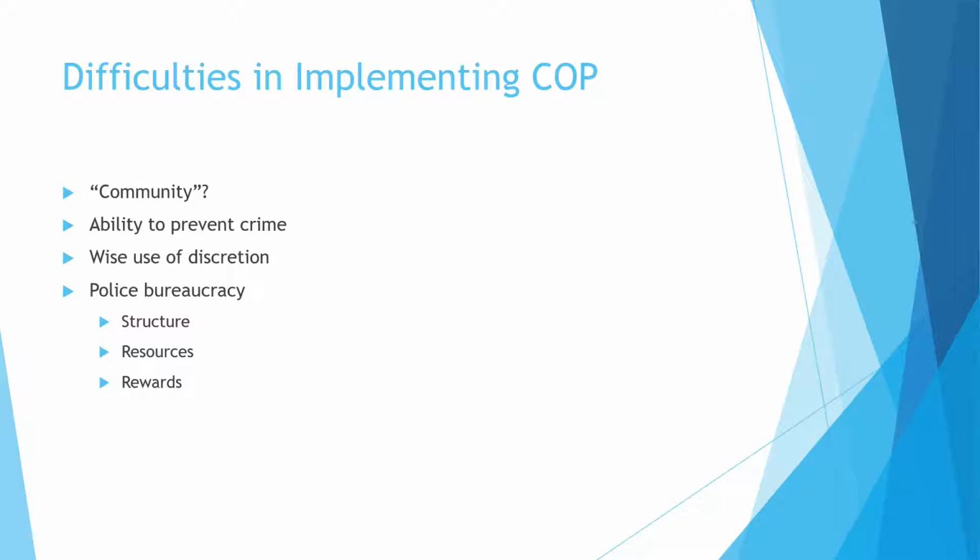So we need to change our reward structure to encourage community policing. We need to train officers from the very beginning in the academy in community policing. Let's really get them from day one to think about community policing and to really do it actively. And finally, that helps to get the right applicants, because we need people who actually like to be out there with the public, who like to be working with the public. Not everybody does.